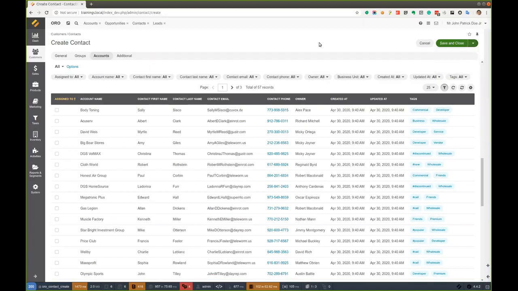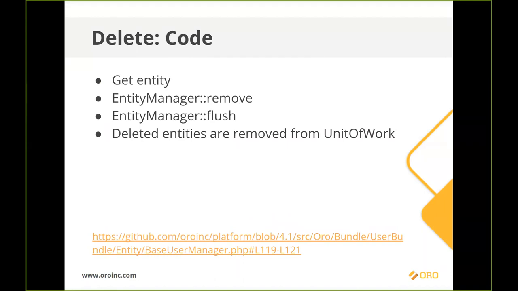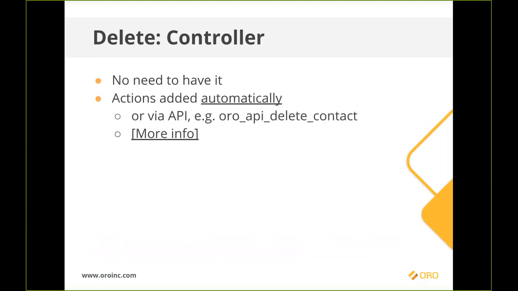And at the end of the CRUD, of course, there is a delete. So it gets the entity, calls remove on the entity manager, then we flush the entity manager, and the entities are deleted and removed from the unit of work. In most cases, you will not have to add this action to the data grid, and it will be there automatically. And this is thanks to the